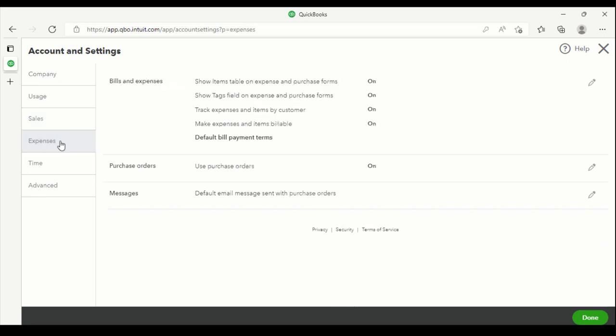Now, if you have QuickBooks Simple Start, you will not see this bit, so you will have to upgrade. But if you are going to be doing billing through QuickBooks Online, you're going to want this part, and you're going to come in here and you're going to turn on